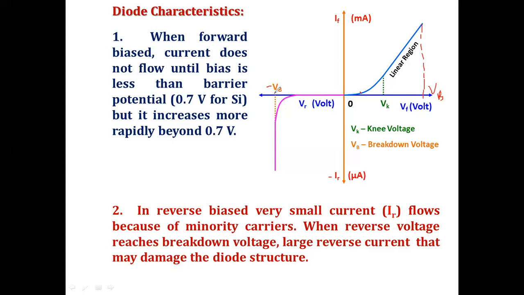Breakdown means that is the last voltage we can give. After giving this voltage, what will happen? It collapses, so the device will get damaged, the depletion layer will blast or burn, and after that the current will easily flow, suddenly increasing. Breakdown voltage means the breakdown of the device only. This is the maximum voltage we can provide. At maximum voltage the depletion layer will break, and the current will increase directly to the maximum value.